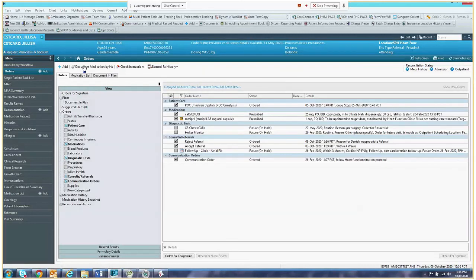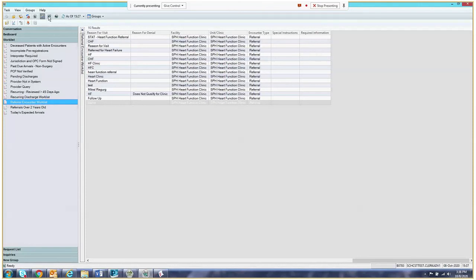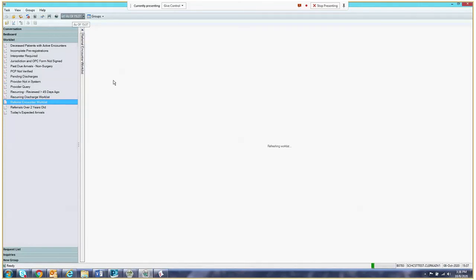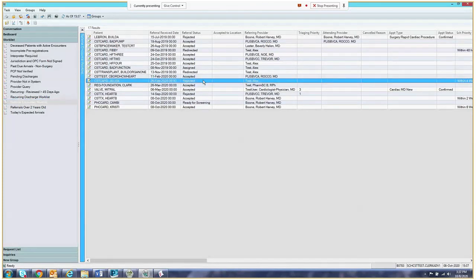So this is for this patient. So if I go back to my referral encounter work list, for me, you'll see rejected. So at this point, the clerk would discharge the referral encounter. And normally the clerk has some sort of rejection letter template that they would send to that clinic. It's usually outside of Cerner process, but